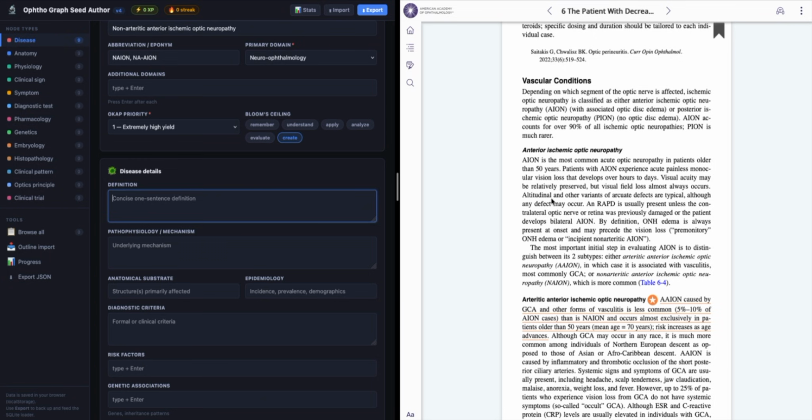So I would say that it is basically an ischemic injury to the optic nerve head, resulting in sudden vision loss and optic disc edema. And because it is the non-arteritic subtype, we'll call it non-arteritic ischemic injury to the optic nerve, which is a little bit